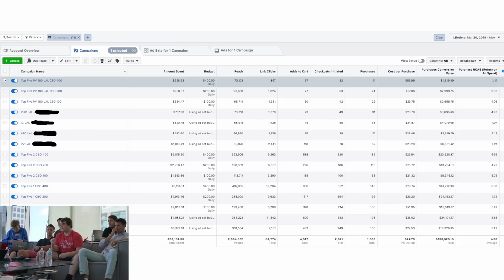So like I told you, the whole method here is to scale horizontally while scaling vertically, which means consistently making new ad sets, new interests, new audiences, while scaling the budgets on ones that work. So in the background, we were making new interests. So basically what we did from that point, by the time we had that 400 CBO, we decided to